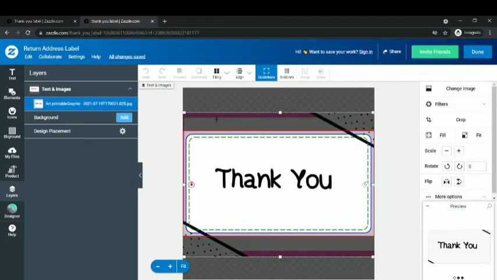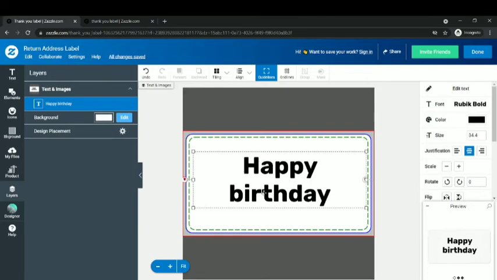But here, which I have uploaded just the design like that only, I haven't made it as a template. Now I can't add this text over here. I can't change this thank you to a happy birthday to a hello. I can't change this, or I can't edit this text. This is the major difference between when you're uploading your design as it is from a laptop, from a computer, or when you are uploading your design and using the Jazzle designer tool and creating a template from it. This is a major difference, guys.